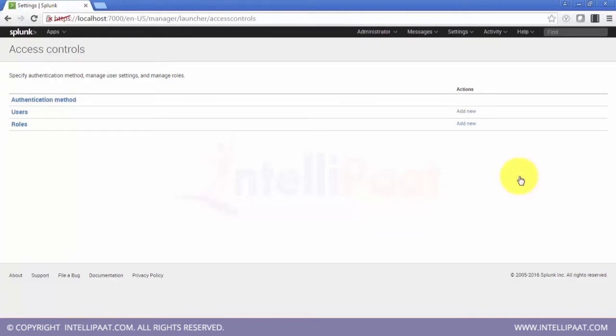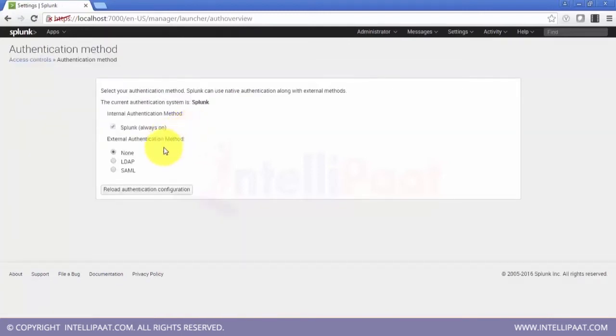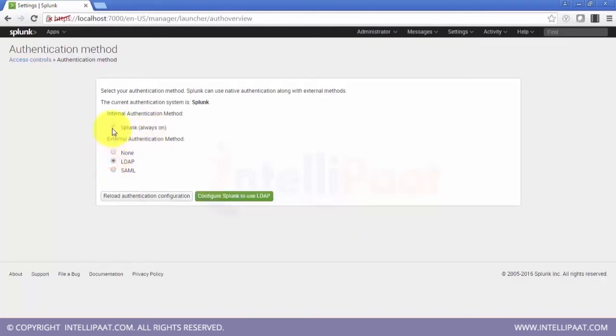As you can see, I am opening Splunk with the admin access. There are several other layers of roles that you can leverage, and there are other different authentication methods as well. I'll just give you an overview of the authentication methods. The primary or default one is the Splunk native authentication. That is the internal authentication of Splunk, which is always on, and at any point of time you can roll back to that one because it will by default be always on.